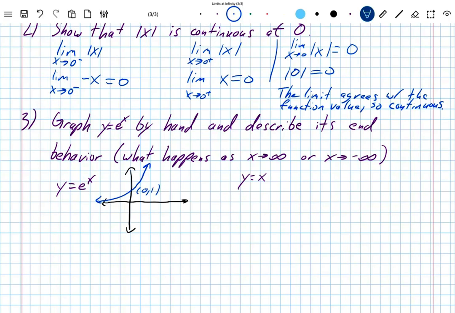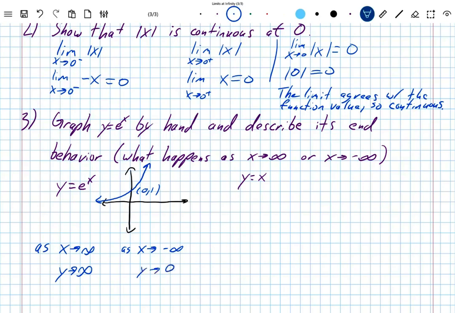So we're describing what happens as x goes off to infinity, which is going to be a lot of the upcoming section. In this case, as x goes to infinity, y is also going up to infinity. Right? That's that end behavior. And as x goes to negative infinity, so that's way off to the left, right? Positive infinity, we think of going this way. Negative infinity, we think of going this way, all the way out. What is happening to my function values, to those y values? Looks like it is getting closer and closer